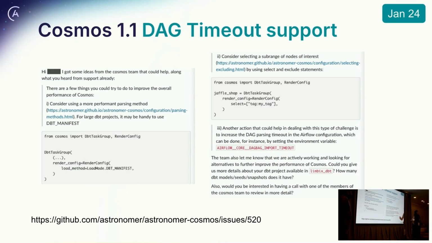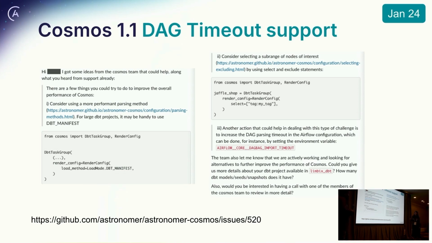And then people would say, I don't want to have to build the manifest file. And then we would say, why don't you use a select? Just get a subset of the nodes. People would say, I don't want that. And then we said, okay, your option is just to increase the timeout. Accept to increase your DAG timeout to import things, and that will improve. And then many people did that, which may have delayed scheduling,